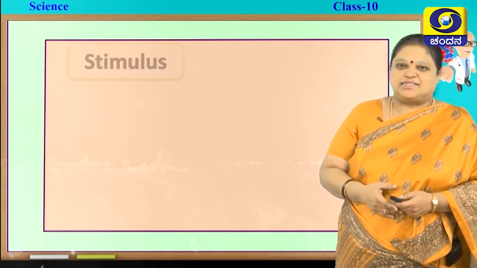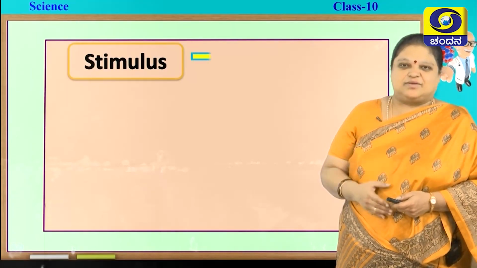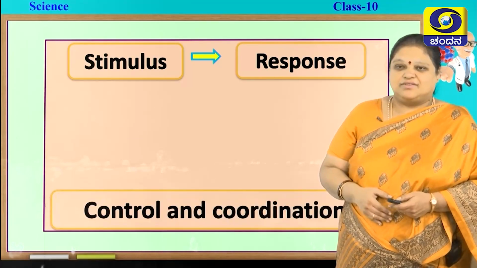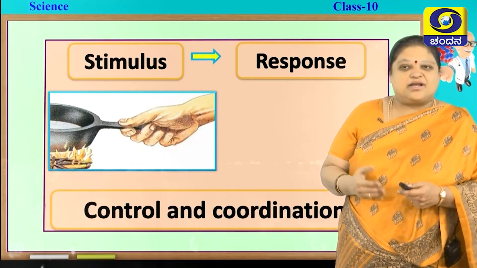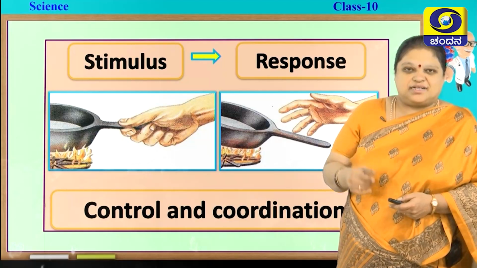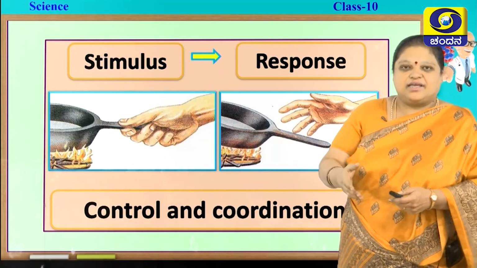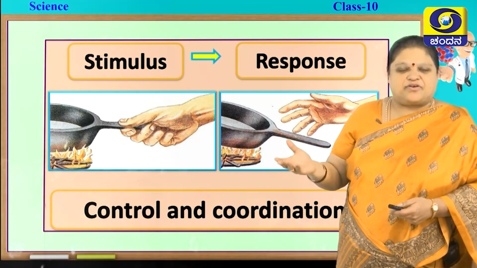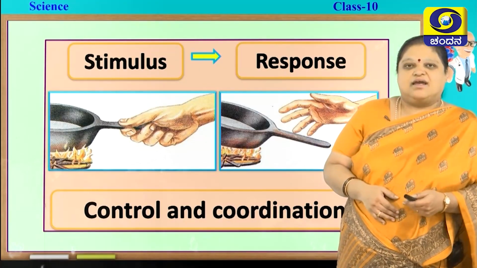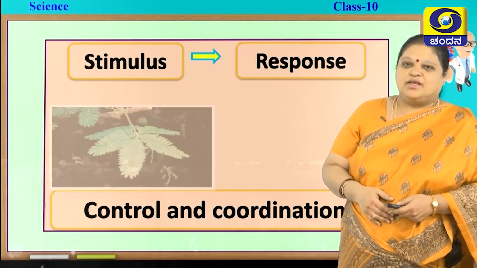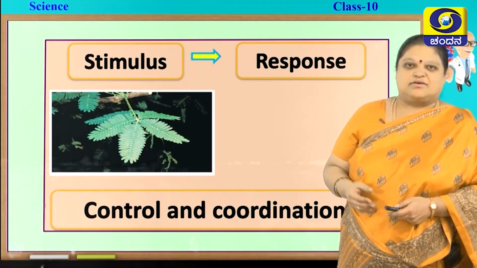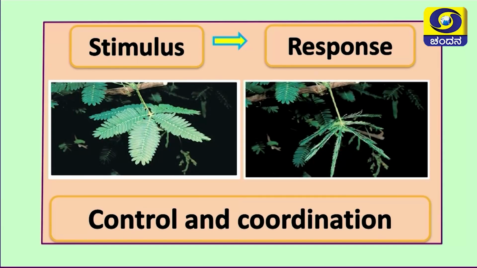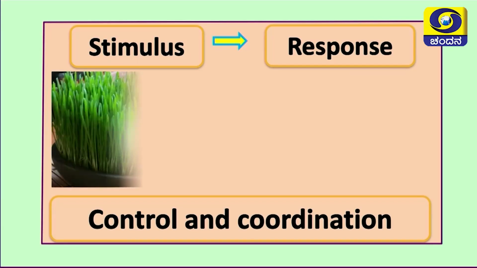Okay. Now, let us see here the first basic type of movement, that is responding to the stimulus. So, this is a type of chemical coordination. When a person touches a hot object, he immediately withdraws his hand. This is one other type of movement, that is responding to the stimulus. You can see so many other things also. Here a Mimosa pudica plant is there. If you touch it, it will close. So, this is another type of movement.